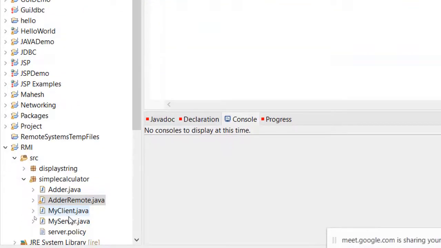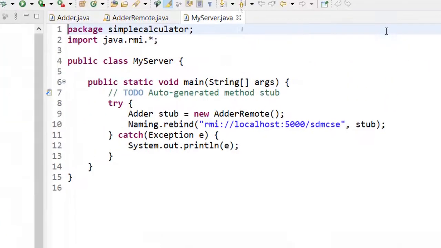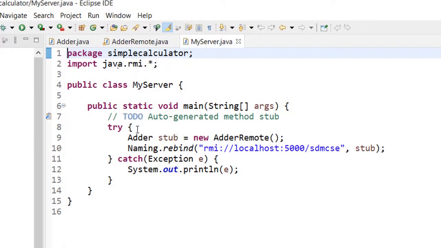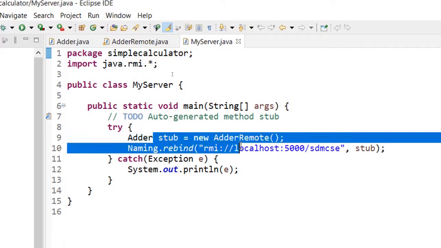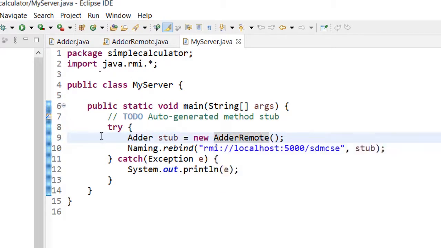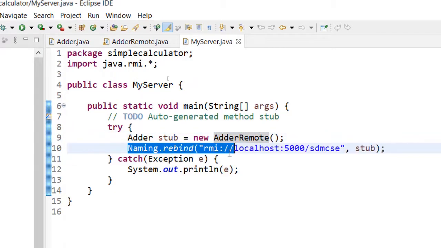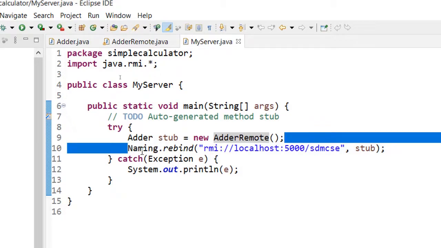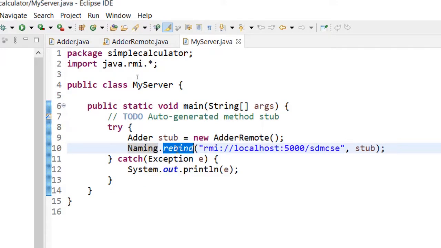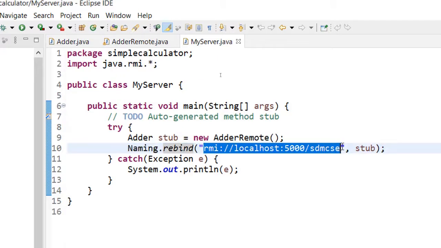Now similarly I can write the server part. The server simply instantiates the AdderRemote class and creates an entry in the registry. So you have Naming.rebind. There are two methods, bind and rebind. Bind will actually insert an entry into the RMI registry, and rebind, if the entry is already there, will simply go ahead with that.